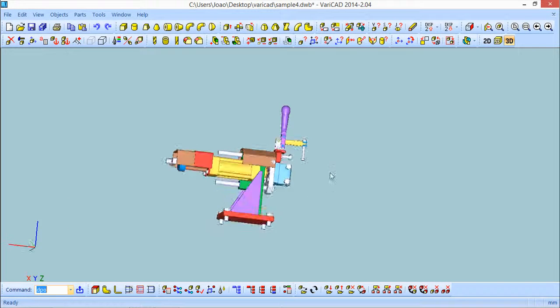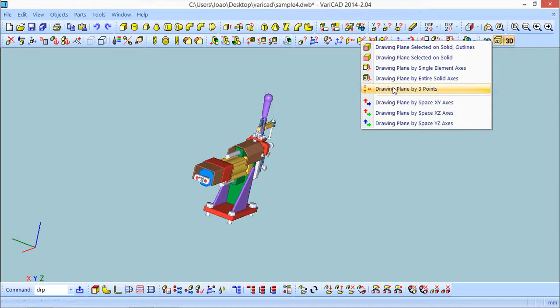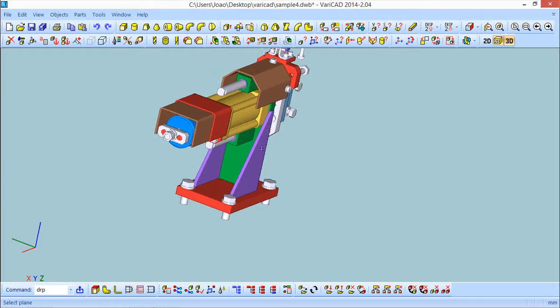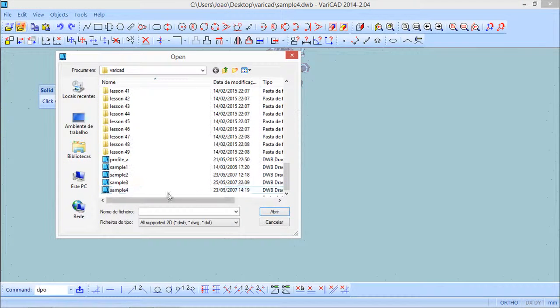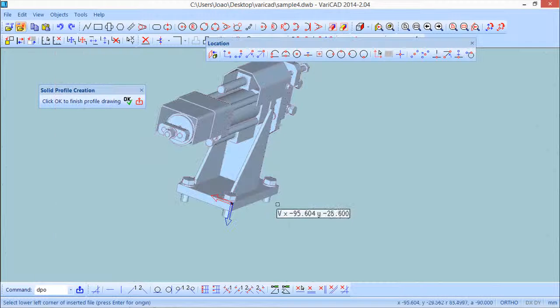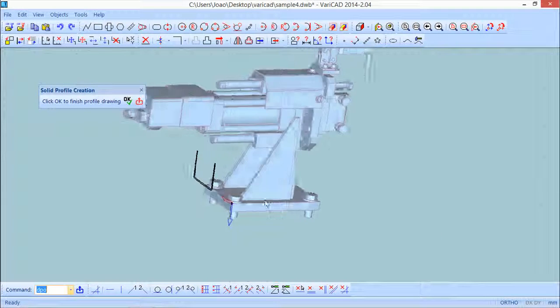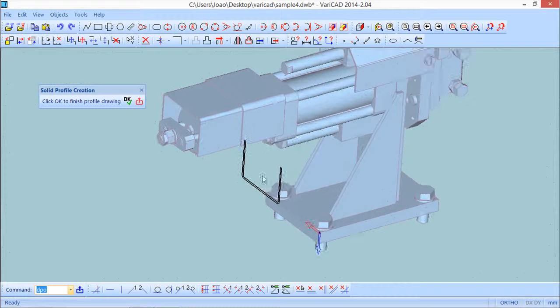In this particular case it was not so good, but I can, for example, use a different shape and insert, okay, insert. So what I've done in this case was I've created a profile, I've saved it on a file,